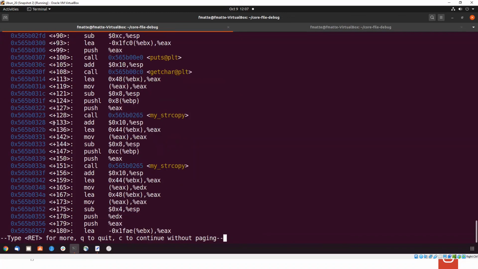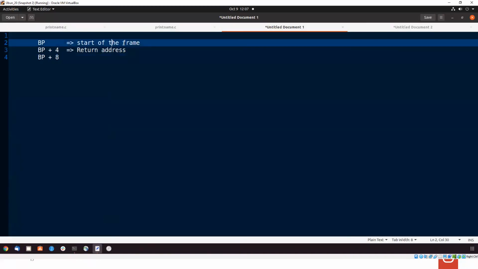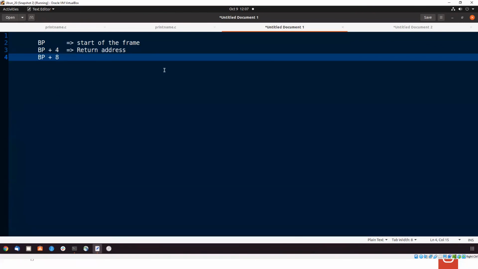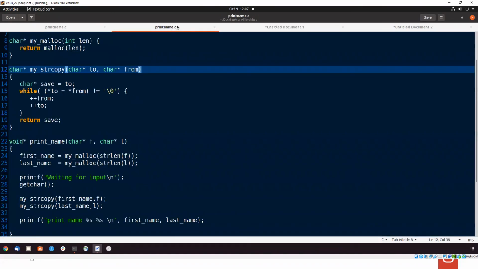If you go to the 133rd offset, that is what it shows. There we have a return instruction. So it is MyStrCopy, which we are clear is where we are crashing. Now what I have to read: EBP plus 4 is the return address, EBP plus 8 is my first parameter, and EBP plus 12 is my second parameter. Let's read both parameters and try to understand what was passed to this function.